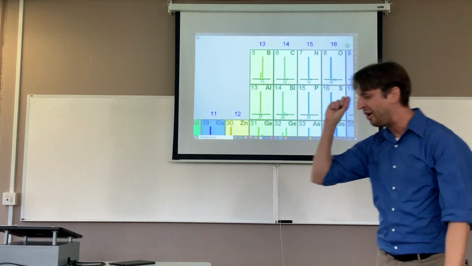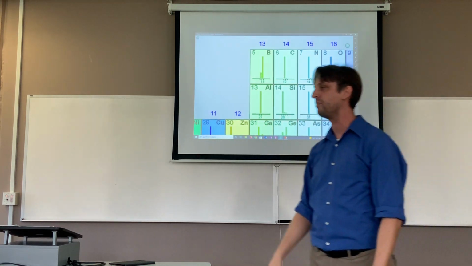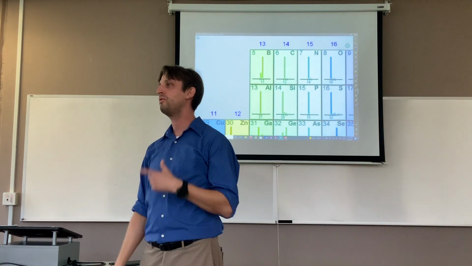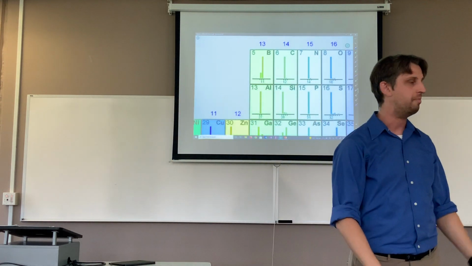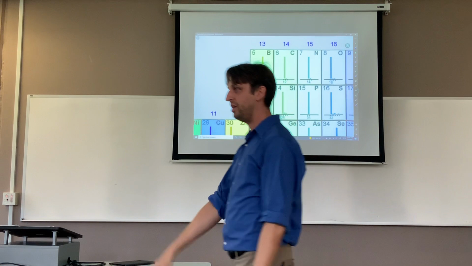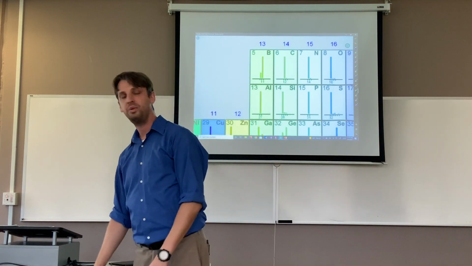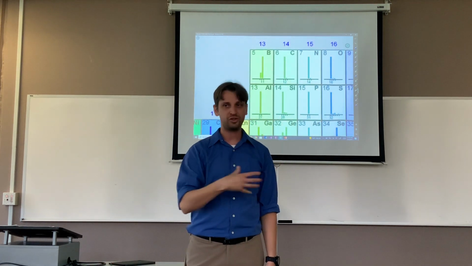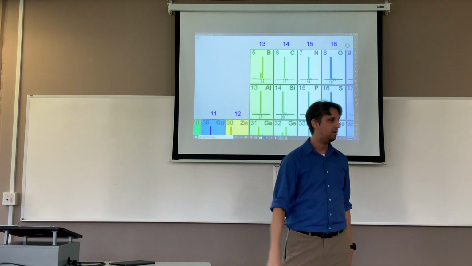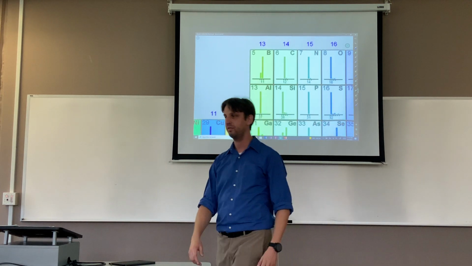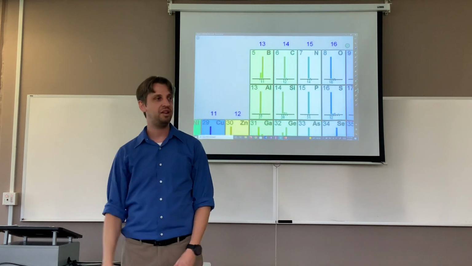But you see that small little bar next to it? That's for carbon 13. Carbon 13 exists less than 1% of the time, but it's really, really important, okay? Carbon 13 helps us figure out the structure of different molecules. We can do a technique called NMR, and we can use carbon NMR to figure out the structure of things, okay?